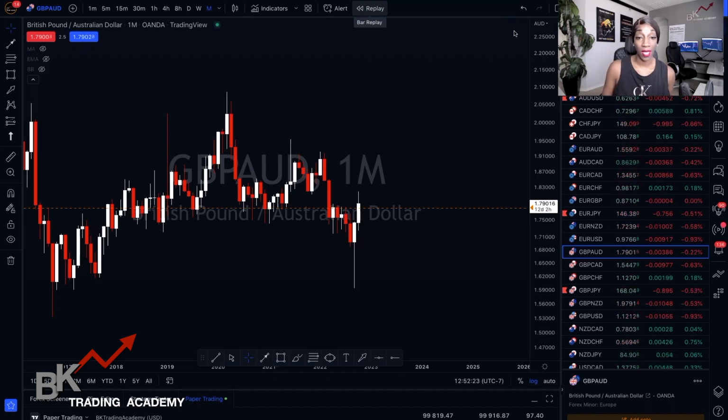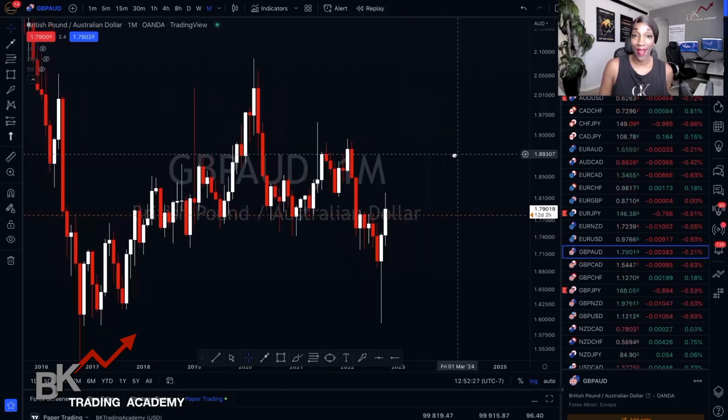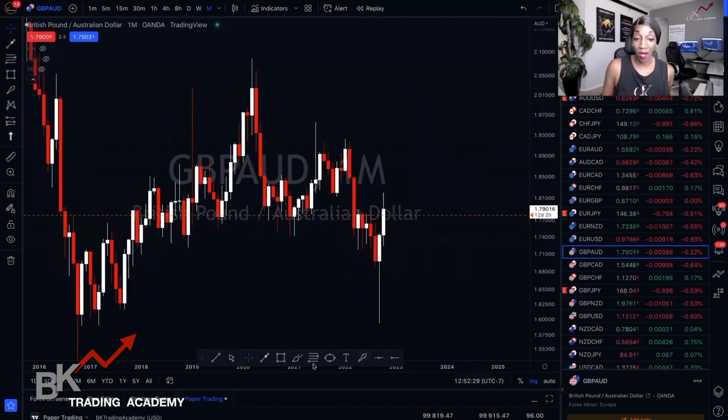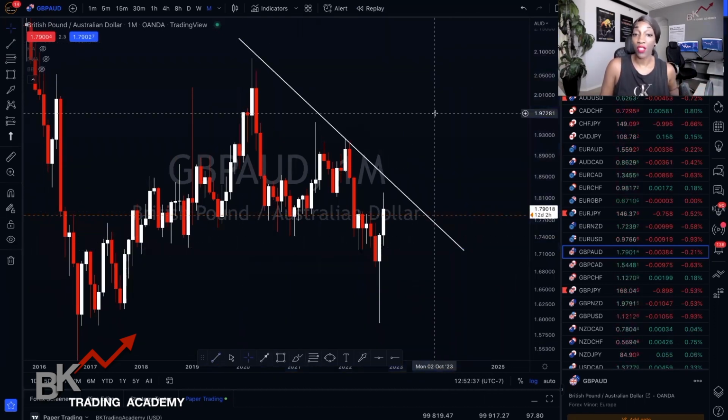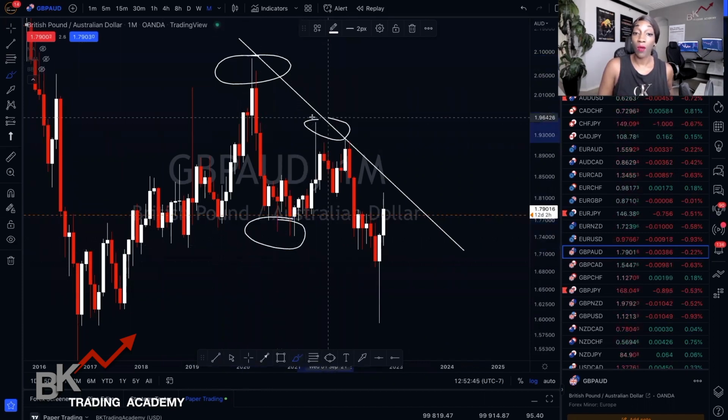So we are on the monthly, and notice on the monthly that we are in a downtrend. Now, why are we in a downtrend on the monthly? All you want to do is identify your structure. We are market structure price action traders, so I like to always identify the structure. As you can see here, we were previously in an uptrend and we came to a high. We created a low, then a lower high, a lower low, a lower high, and a lower